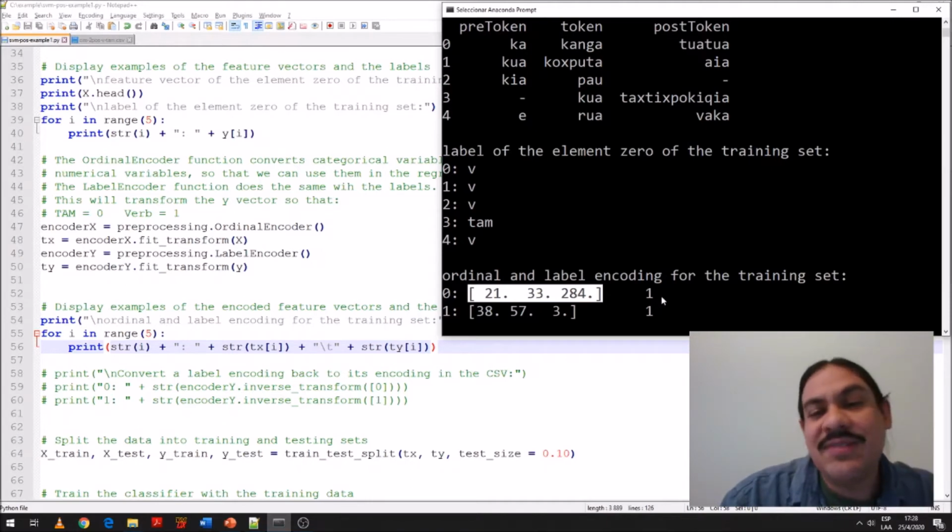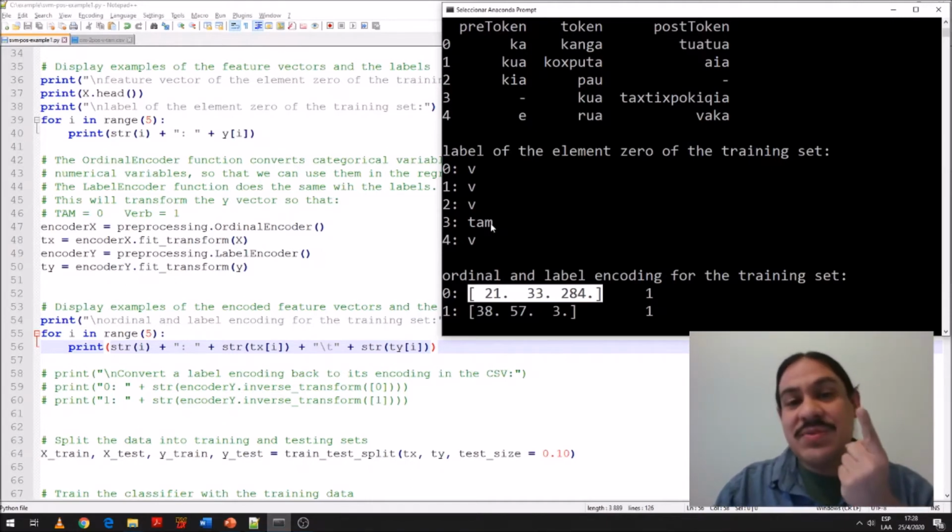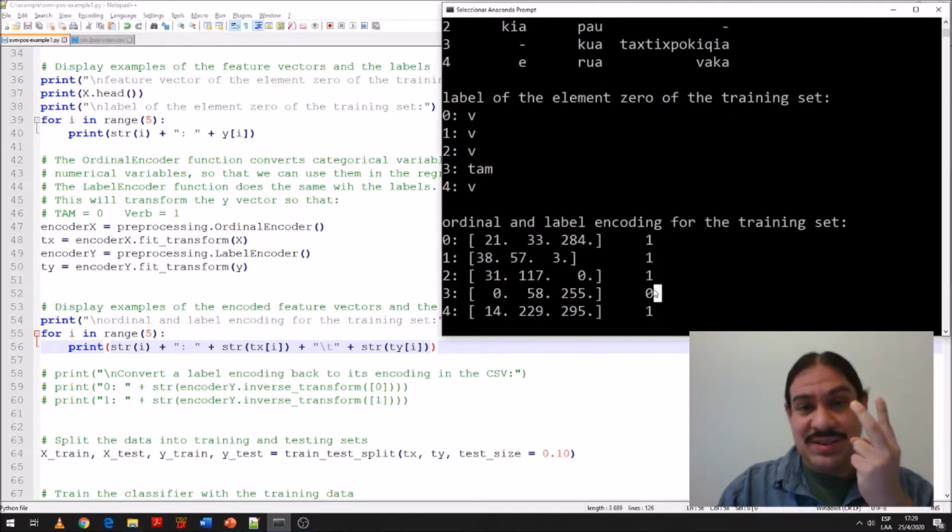And you can see that this is alphabetical. So TAM comes first alphabetically, so it's going to be the label 0. And V is the second one alphabetically, so it's going to be the label 1. And you can see it here. This one,